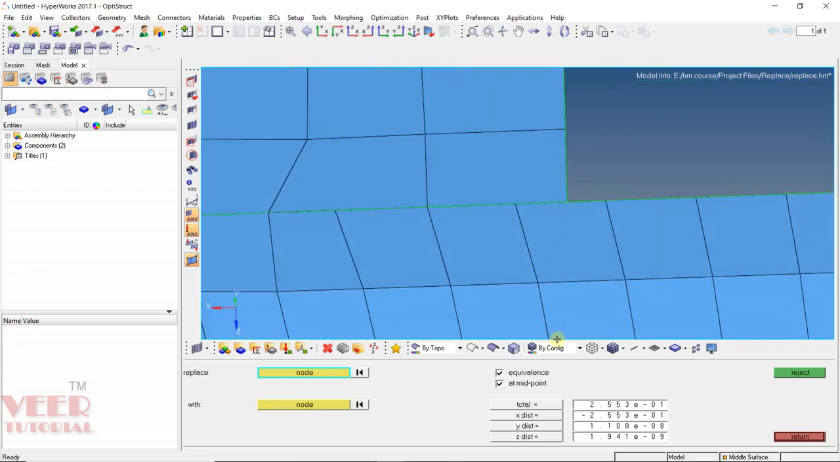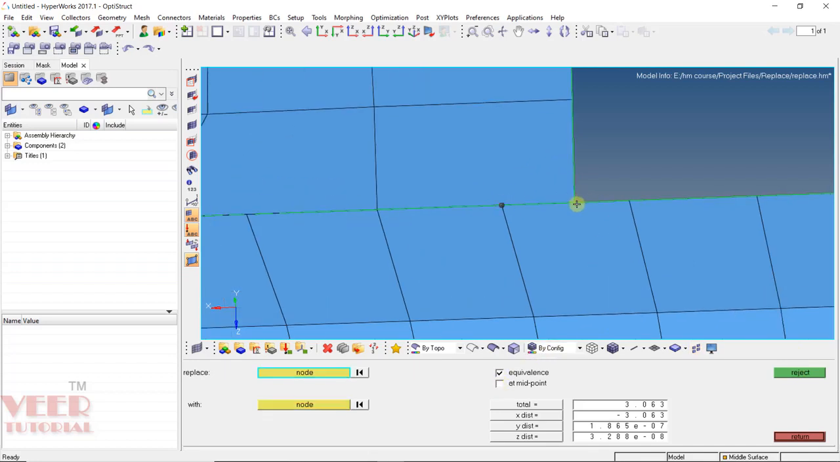Here I can make an uncheck on this. Select this node and then select this node here. Make sure there is an uncheck on this. Here we can see the node we have replaced is deviating away from the projection line. So make a reject on this, make an uncheck on this, then select this node up to this node, and